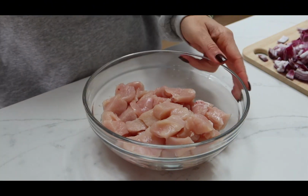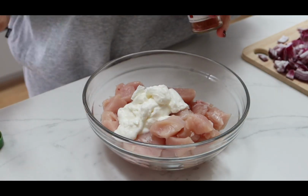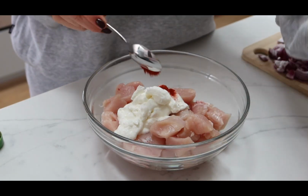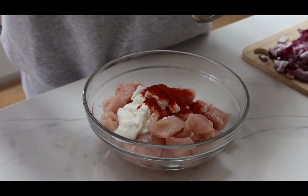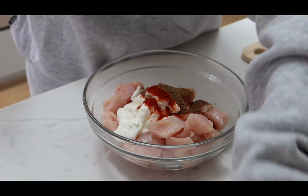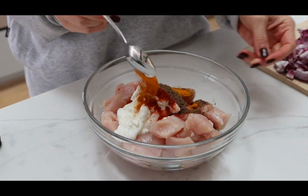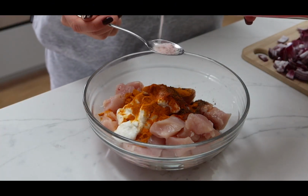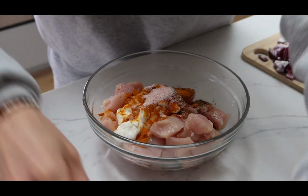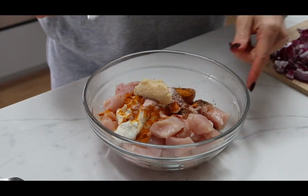So we're starting with 1/3 cup of Greek yogurt. Then 1 teaspoon of paprika. One teaspoon of garam masala. And then about 3/4 teaspoon of turmeric. Some salt. And then a tablespoon of each of these. Garlic,